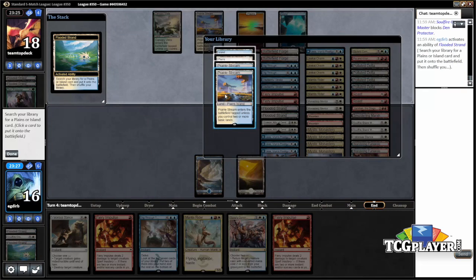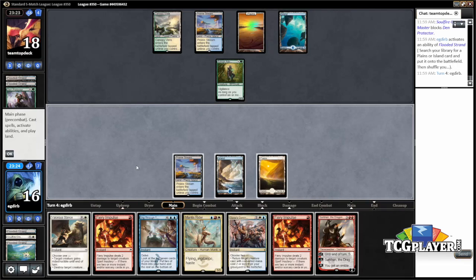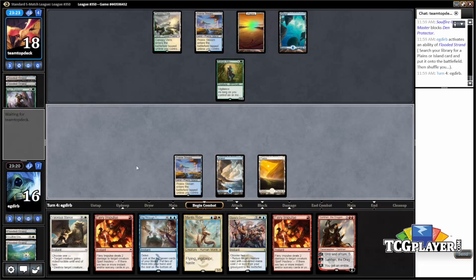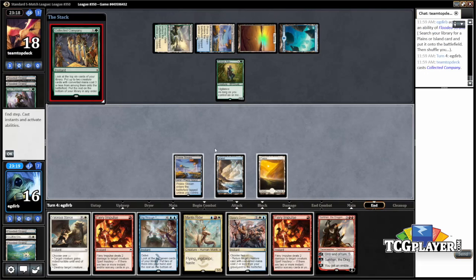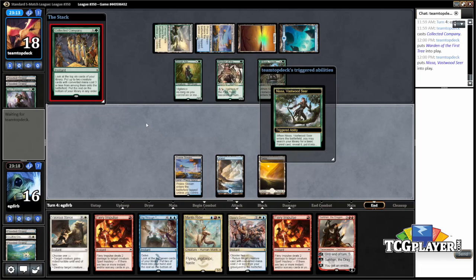So we're just going to search up here, Prairie Stream. And yeah, take a draw step. Alright, well, sometimes you get there, sometimes you don't. We have not gotten there. Our opponent could have something like Collected Company here, which would be really bad for us. And it looks like that is actually what's going to happen. So, Warden and Nissa, that's pretty good